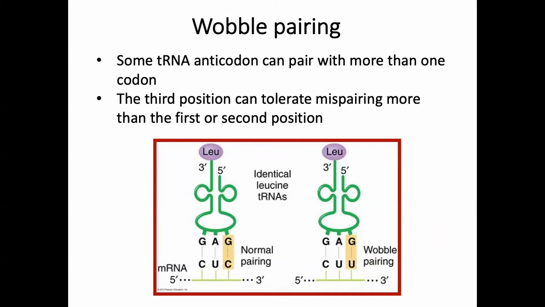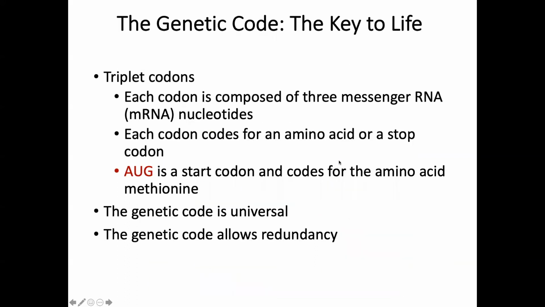Shown here is an example, all right? The tRNA has an anticodon of GAG, which forms a normal pairing with the mRNA, recognizes the CUC sequence, and brings in the amino acid leucine, okay, leucine. However, the same tRNA can also recognize a sequence of CUU on the mRNA, where the third codon position is wobble pairing, G paired with a U, and brings in the same leucine residue, all right? So because